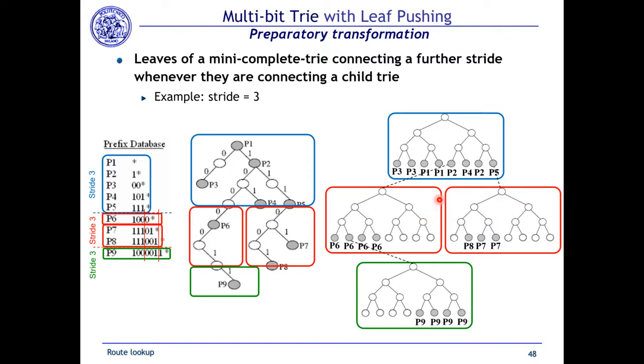Since when we are visiting P2, we will have to continue and visit also this other node, then we can transfer the information that originally is contained in P2 and push it down into the next node. Okay, so we just copy the content of P2, which was gray, and by the same technique of leaf pushing, we copy it here in the free positions of the next node,